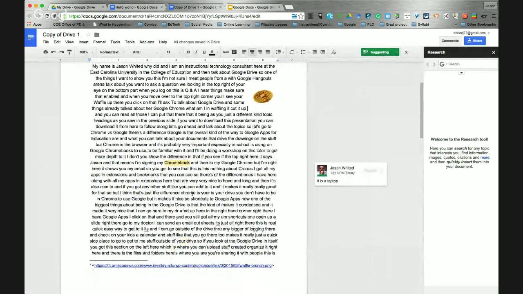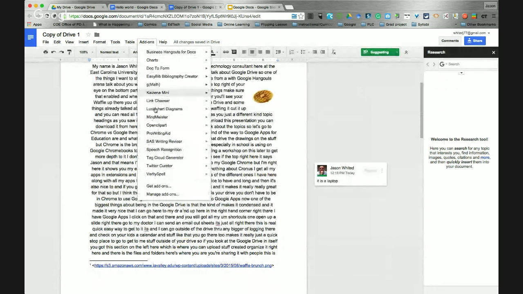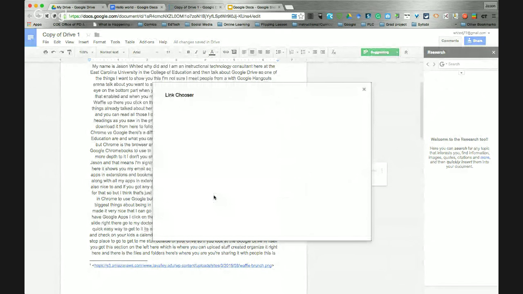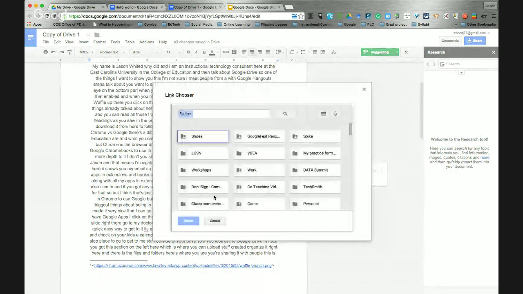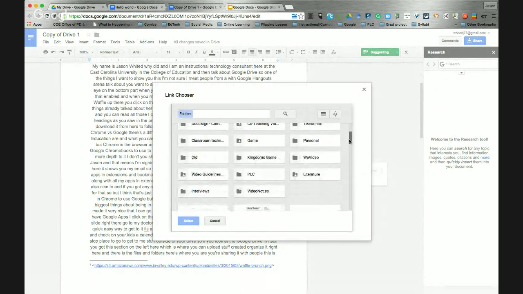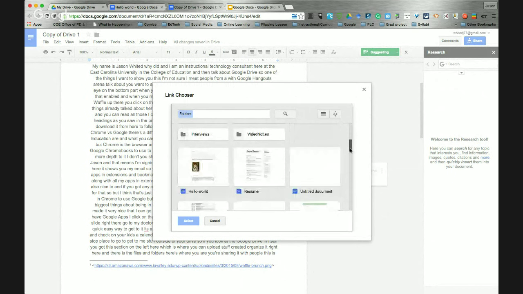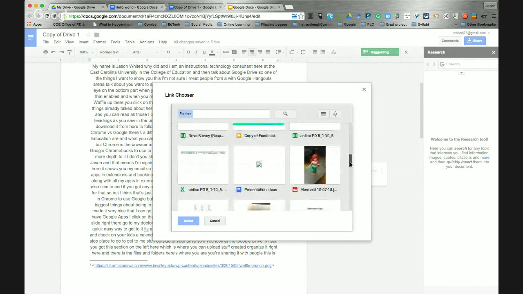Let me highlight something here. So add-ons. And I can actually link it to something. So if I want to say Chrome and I want to link it to one of my folders in my drive. So if I'm actually creating a document and I'm writing about it, but I want to refer to something, some articles or something I have in a folder or a specific article I have saved in my Google Drive, I can link to it. So I can send a link to